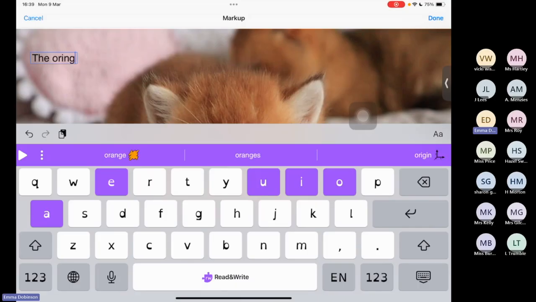So maybe I'm going to go for orange, but again, I've misspelled it up the top. So maybe I'm going to say the orange kitten. Okay, so in that way, the prediction bar is going to step in. I can be doing something completely different out with the Read and Write app, and I'm going to get the same supports from Read and Write when I'm doing something like labeling a photo. Okay, so this keyboard is going to, anywhere where there's typing or reading input needed, this keyboard will be there